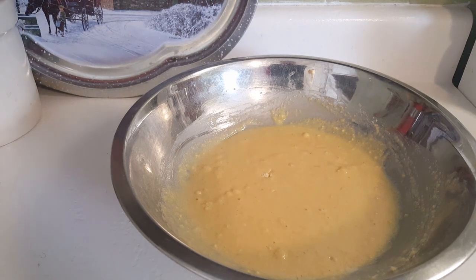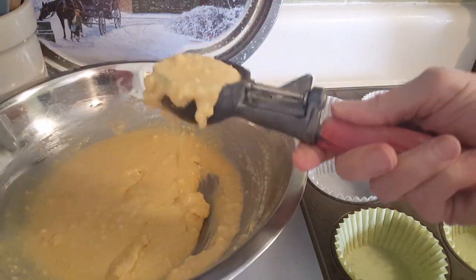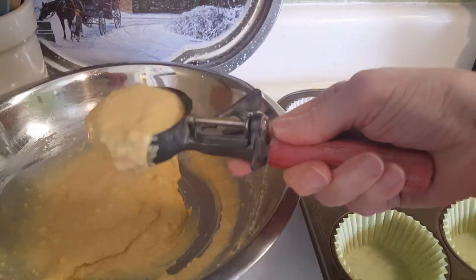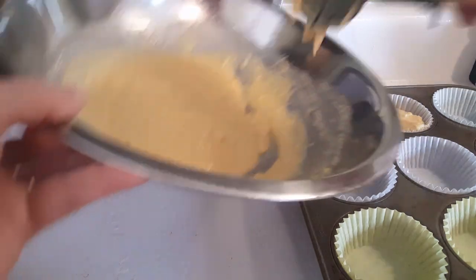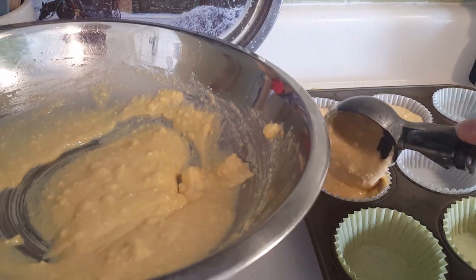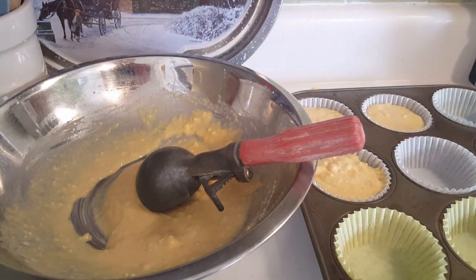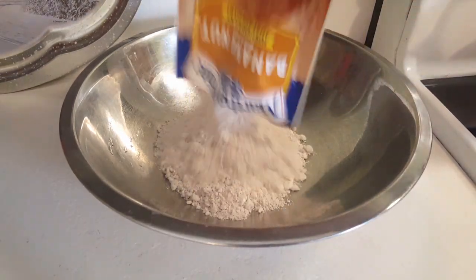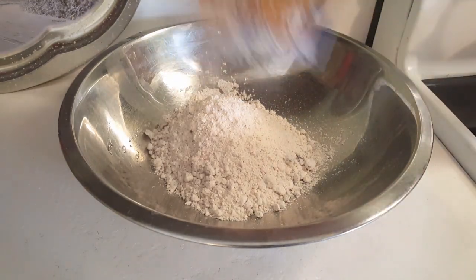So, I'm going to reuse this bowl. I'll just wash it out and put the banana muffins in it. I have some walnuts, so I think I'm going to chop those up and put those in as well. And when we get ready to do that, I'll be back. Okay. There are some nuts in here,